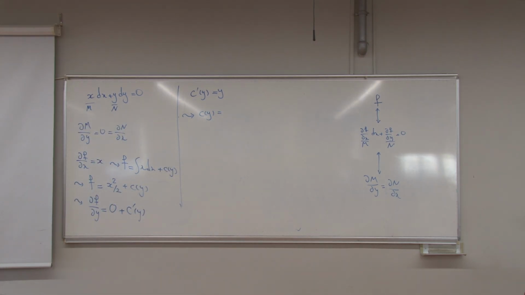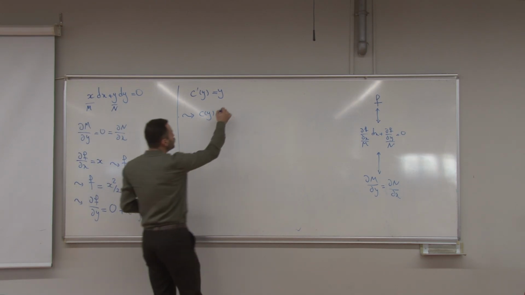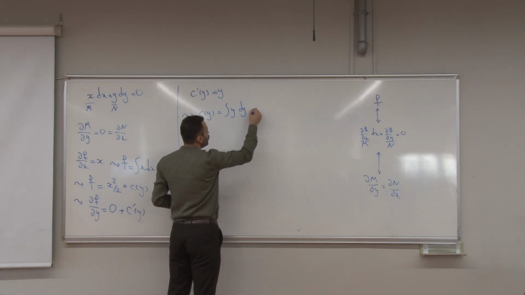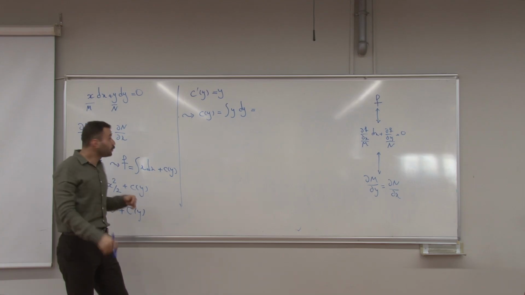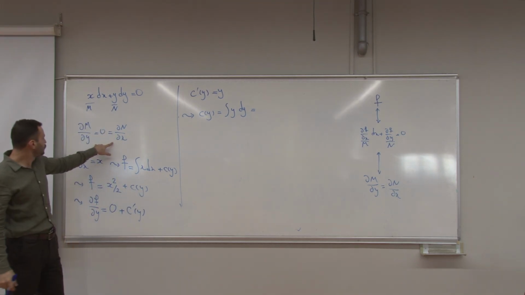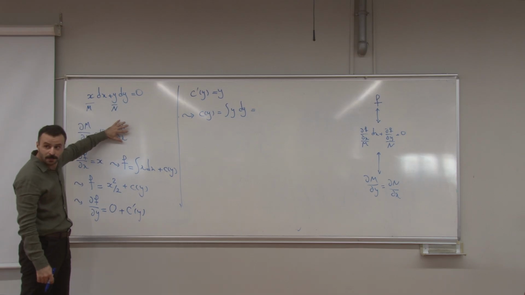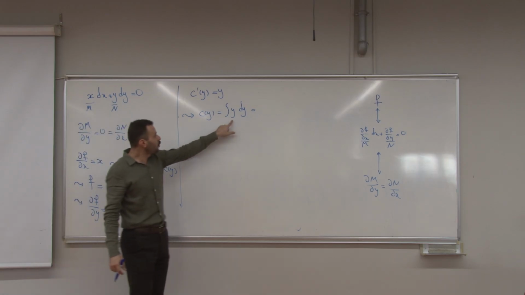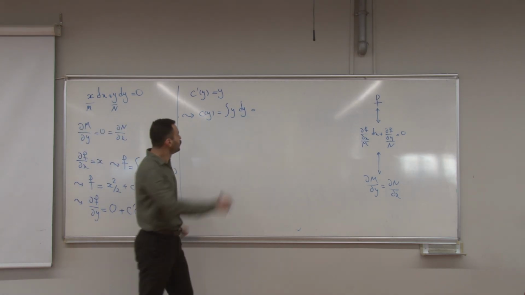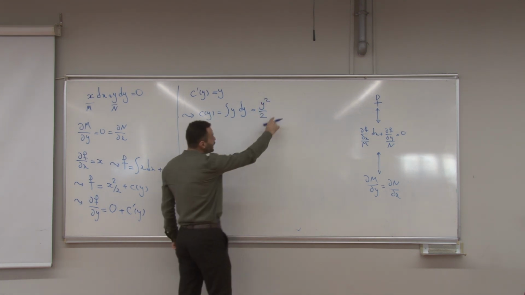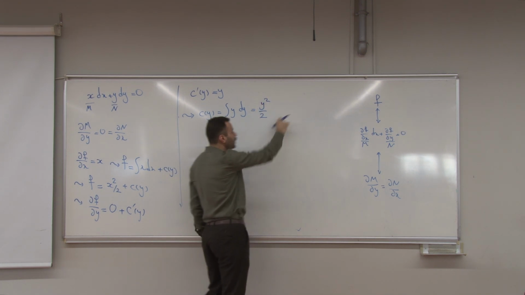We need to just take integrals with respect to y, right? So it is going to be the integral of this with respect to y. And we know for sure, because ∂M/∂y equals ∂M/∂x, that this is only a function of y. And this is going to be y to the power of 2 divided by 2. I'm not adding the constant here right now because